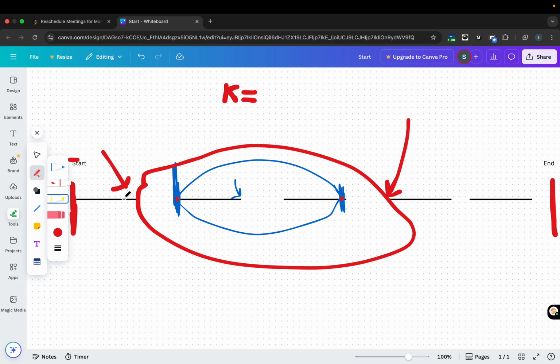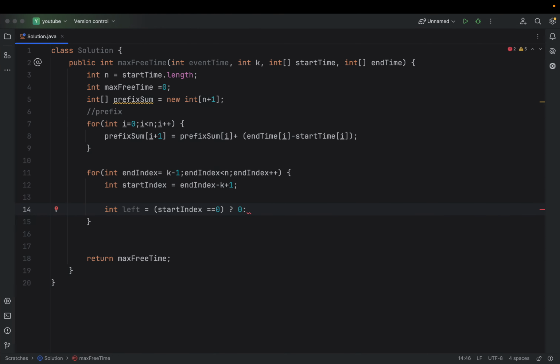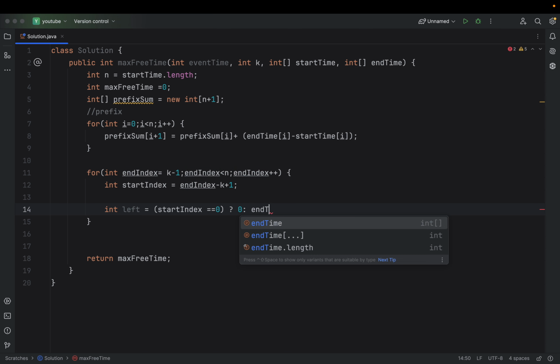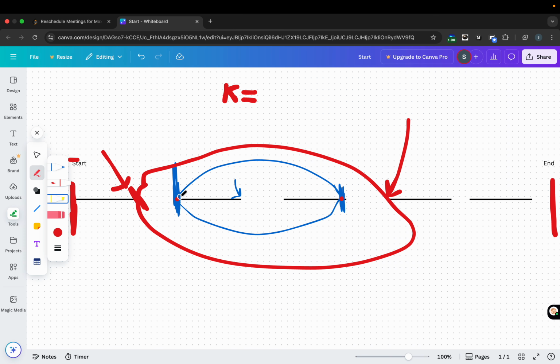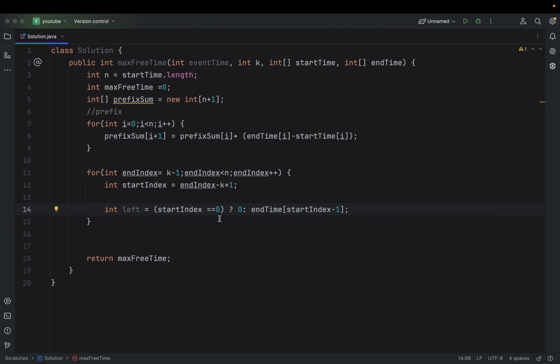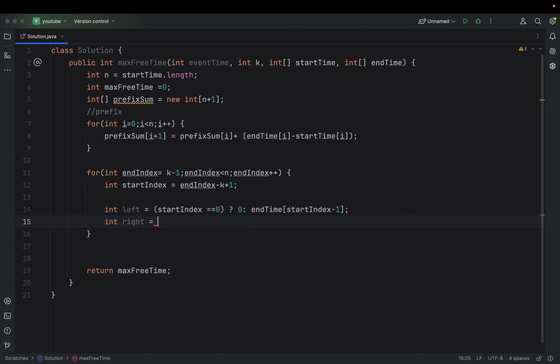Basically the end time of the event which is at the index start index minus 1. This is the end time of my last event. So I will just do end time of start index minus 1. I hope you are getting it, we are just taking the events that we have chosen, and the end time of the one just before it. So we have done that, and our right will be, in right also we want to leverage